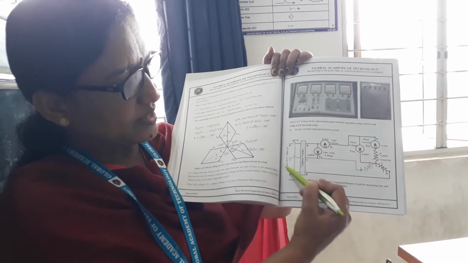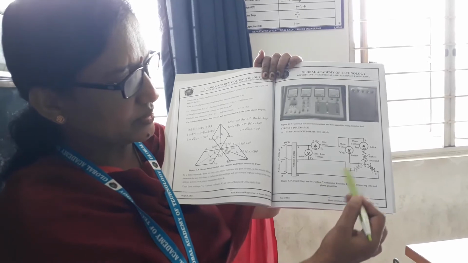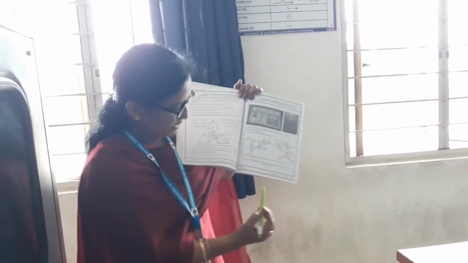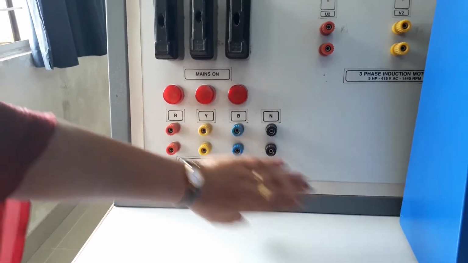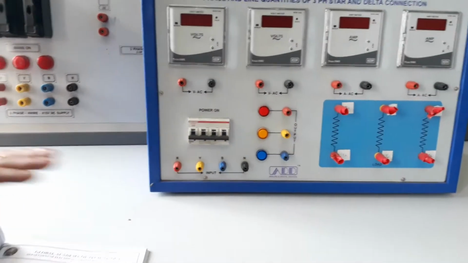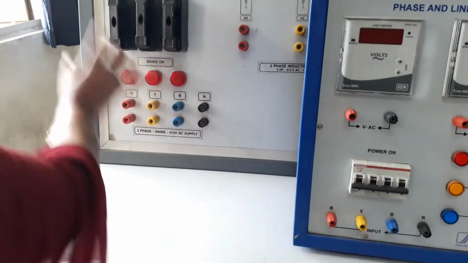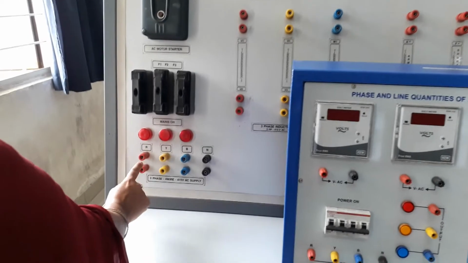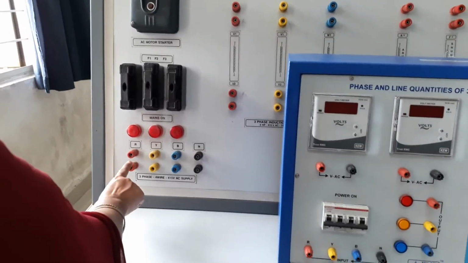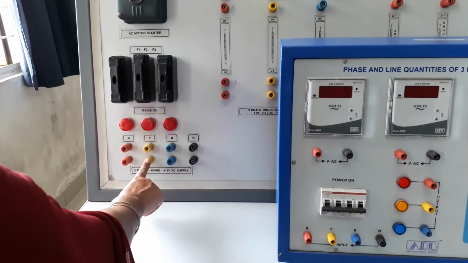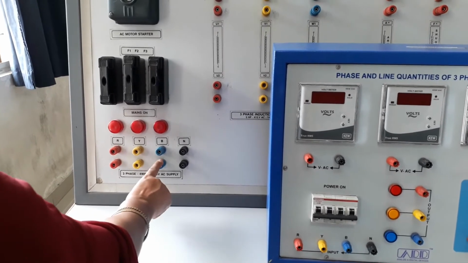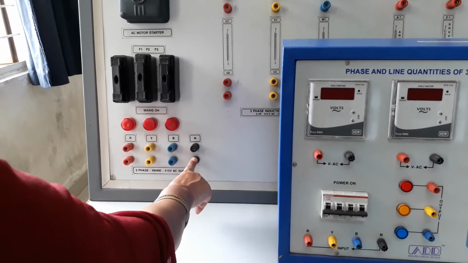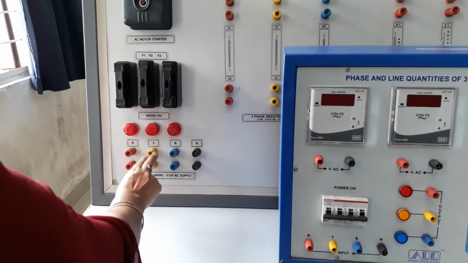So now I am going to explain the components of this circuit, whatever you have here. So here there is a supply. This is the 3-phase supply. From this 3-phase supply, you are going to give it to this supply. Okay? So here this 3-phase supply, whatever you are supplying from the control board, here you are taking the terminals. This represents R phase, this represents Y phase, this represents B phase. Here the color coding is there. Okay? Red, yellow, blue, and this black represents neutral.